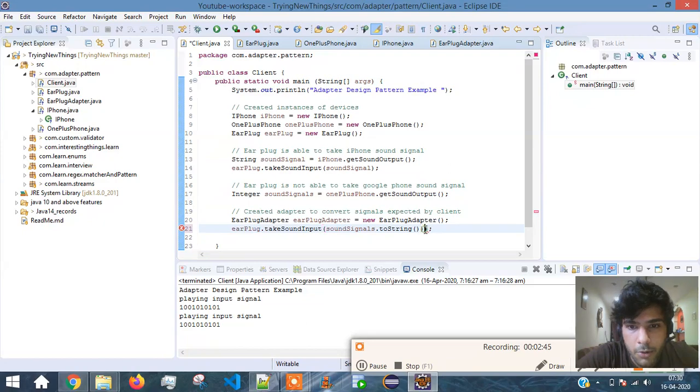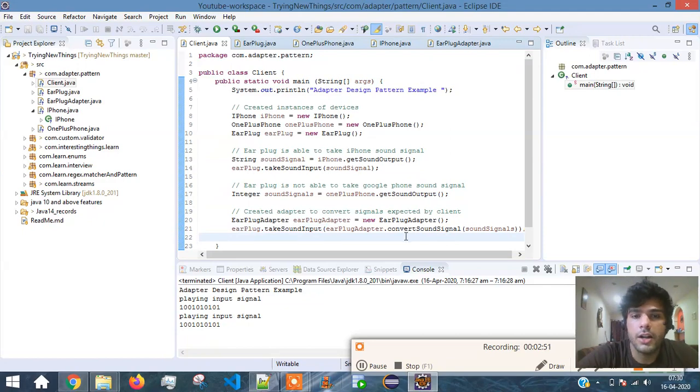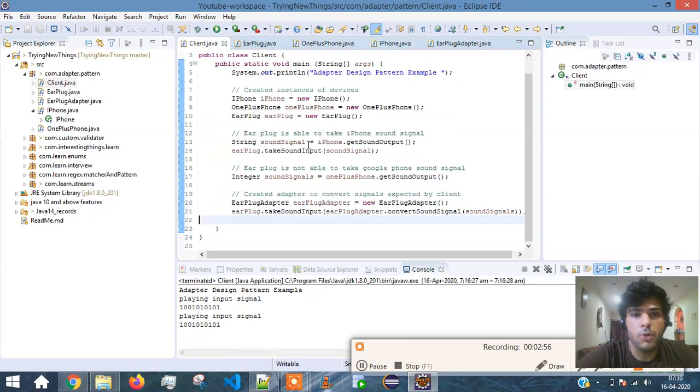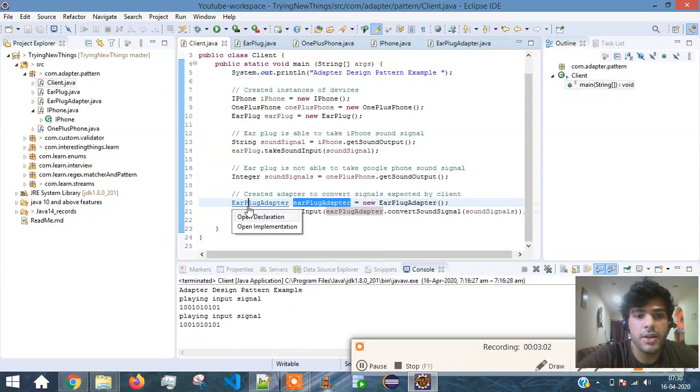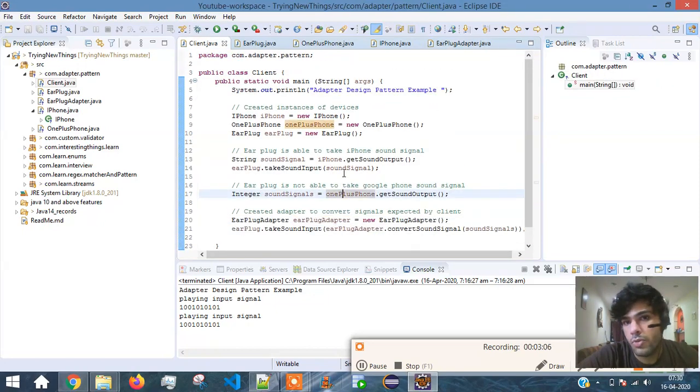But a better approach is, rather than converting here, we should use the adapter design pattern, and we should put all our conversions in a separate class, so that even in future if there is some more functionality like this, we can create all the conversions in a separate class, and we can reuse it anywhere in the code. So this is a better approach towards designing your applications, and that is why it's called a design pattern.